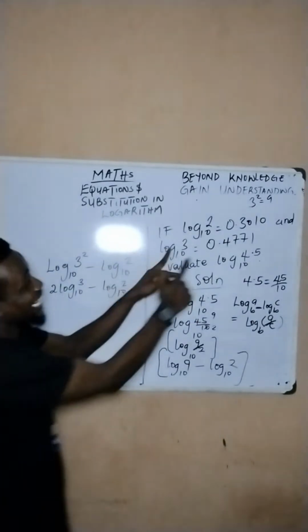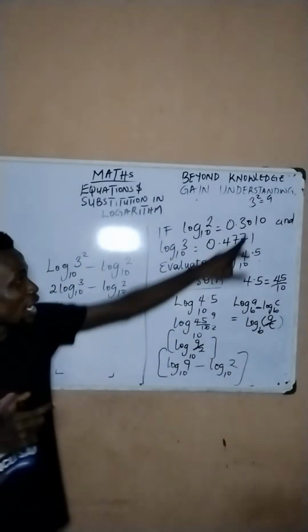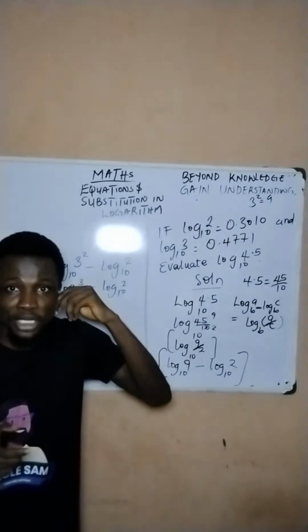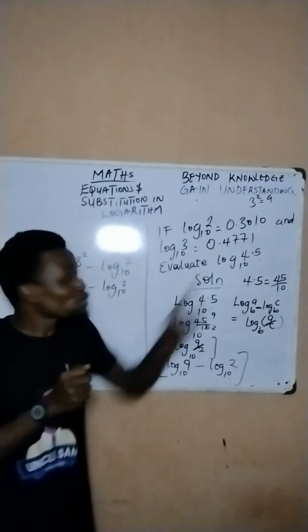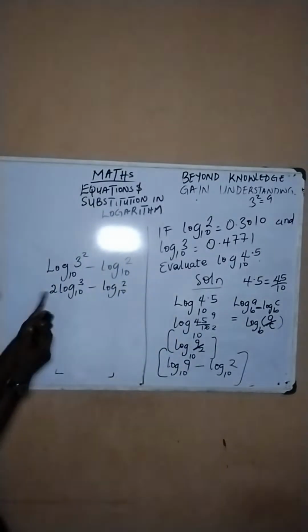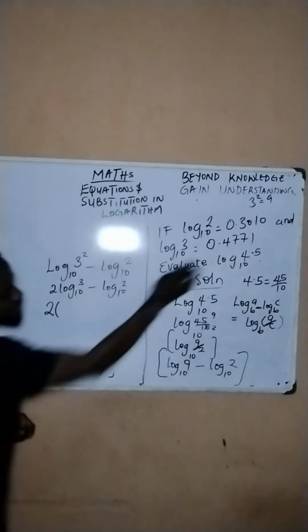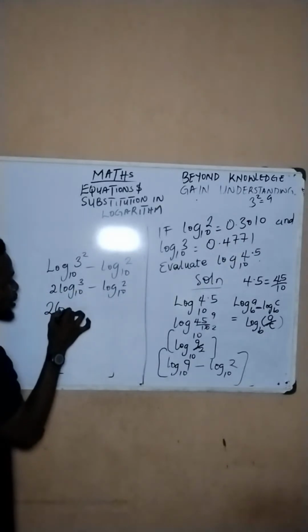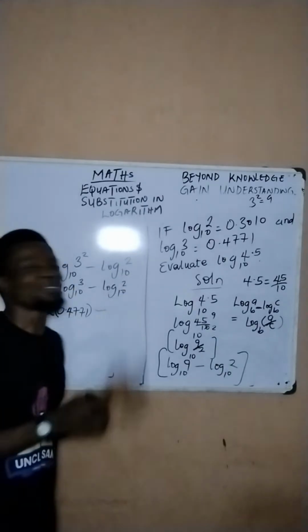Now at this point, I can do my substitution because I've represented it in such a way that I can replace log 2 base 10 with this value here, which is 0.3010, and I can equally replace log 3 base 10 with 0.4771. So doing that here, this is now going to be 2 multiplied by the equivalent of log 3 base 10, which is 0.4771,